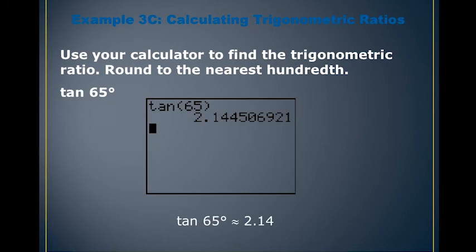Then we are finding out tan 65. So again, press the tan button on your calculator and then write down 65, and you'll be having the answer 2.414. Now check this 4, because this is less than 5, so you don't have to do anything, and you'll be having the final answer 2.414.